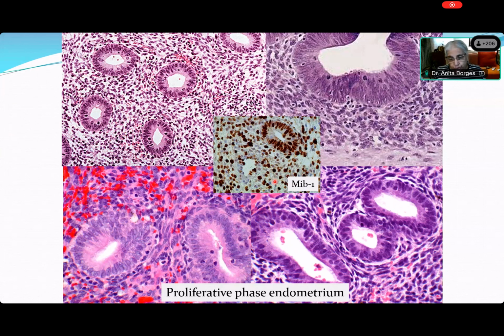So if you see mitosis, it cannot be the secretory phase. Please understand that. And why can it not be the secretory phase? Because you can never get differentiation if a cell is still proliferating. For differentiation to occur, and this is in any system that you can think of, mitosis or proliferation has to be shut off. You cannot be doing two things at once, proliferating and differentiating. It's next to impossible. So if differentiation has to take place, then proliferation has to be shut off.